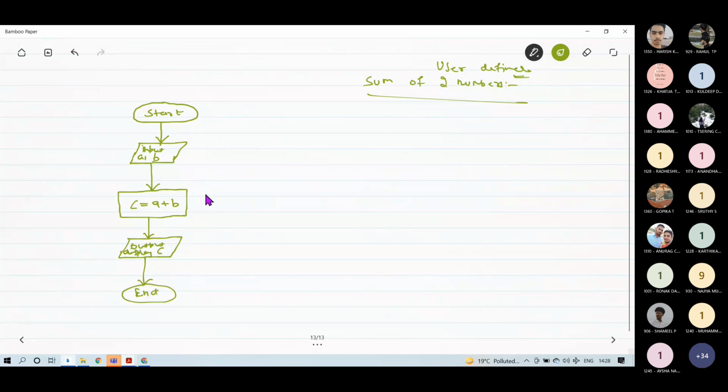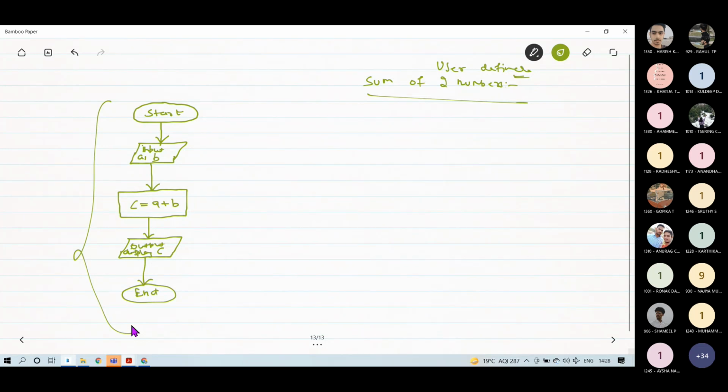So this flow chart, you can see, does not contain any keywords of C++ language. Neither am I writing cout, nor cin, nor any specific keywords of the language.